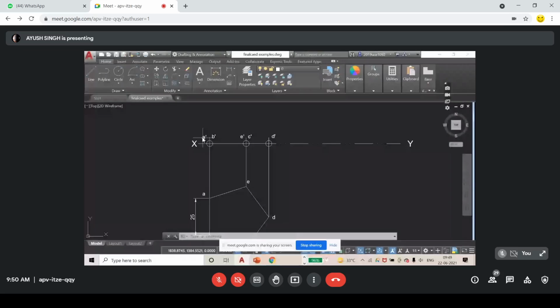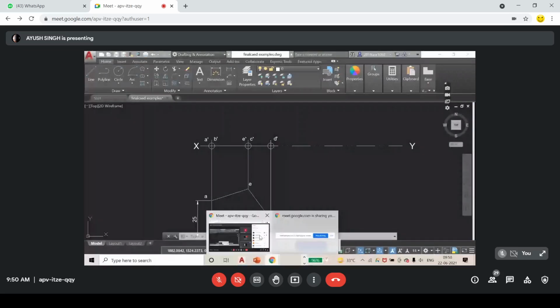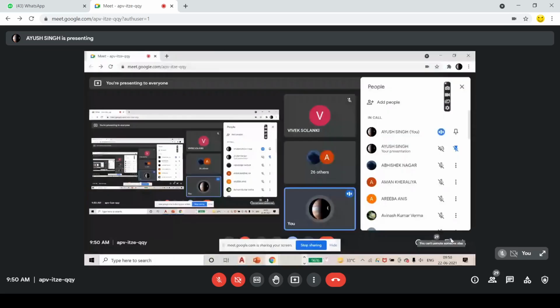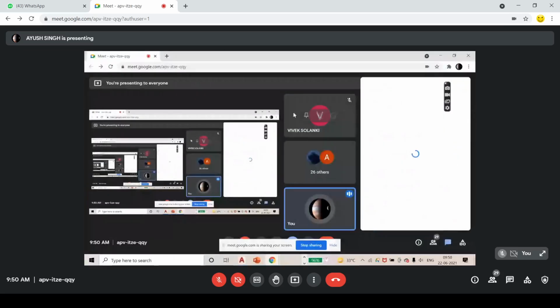It is given that its surface is inclined at 30 degree to HP. Now I am going to rotate this pentagon 30 degree with respect to HP. So any angle that is being created with the HP will be shown in which view? You can reply in the chat box so that I can see if you are interactive or not. Any angle or any length that is measured from HP will be seen in which view? Front view or top view?